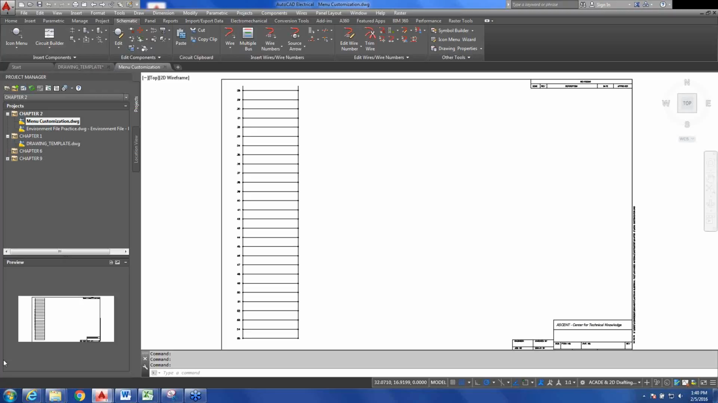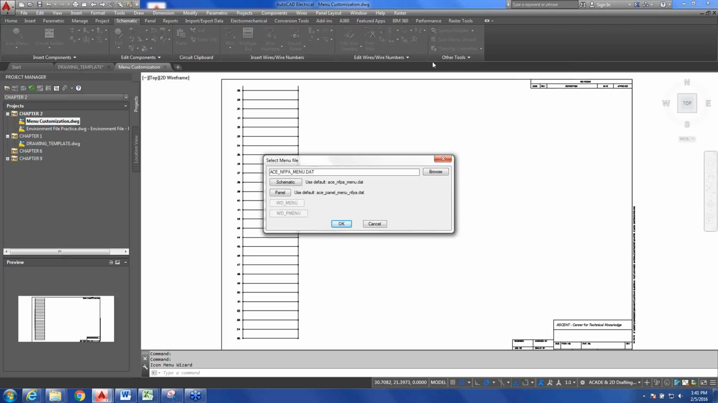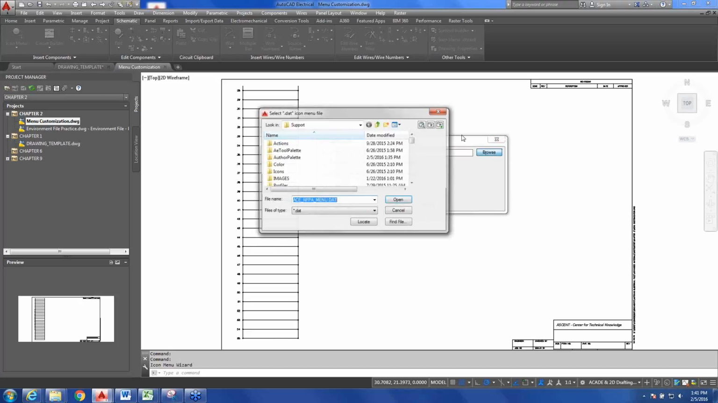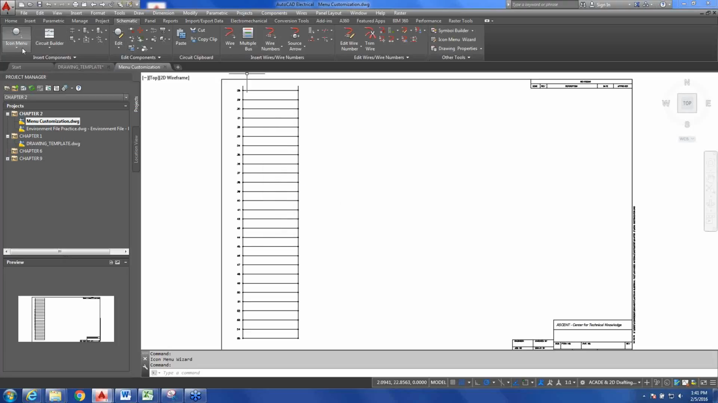Let's get started here on customizing the icon menu. Typically, the way that you would customize your icon menu is by using the icon menu wizard found here at the top of your menu ribbon. We click on that, and it opens up a dialog box that allows you to select which menu file to modify. You can browse to a new file. Currently, I'm using an NFP menu. I'm going to go ahead and cancel out of there